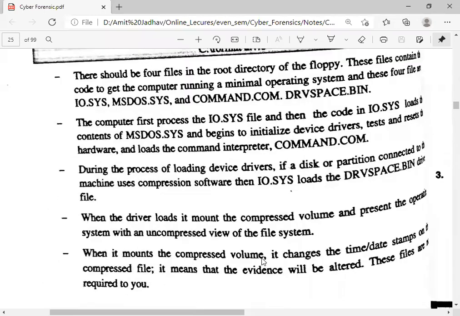During the process of loading the device drivers, if the disk partition connected to the machine uses compression software, then IO.SYS loads the DRVSPACE.BIN driver file. So this file is used if the files are in compressed mode.